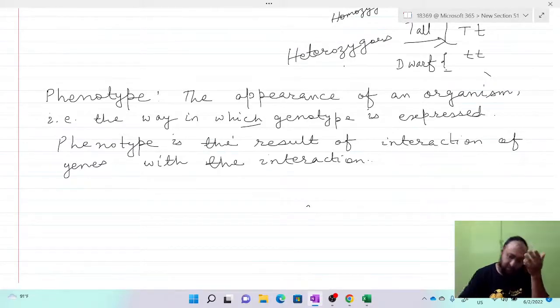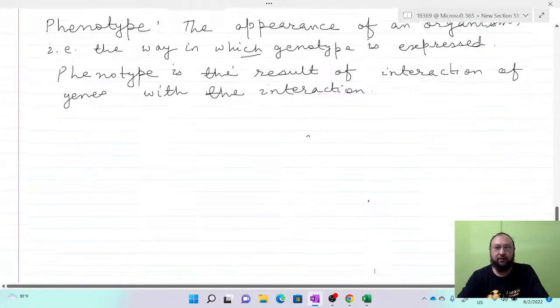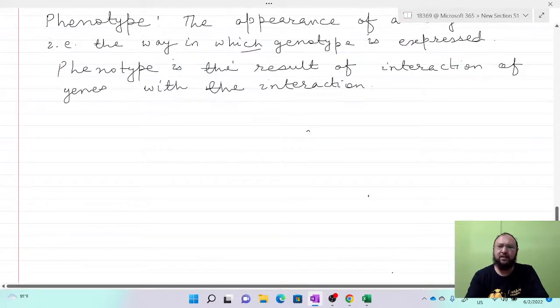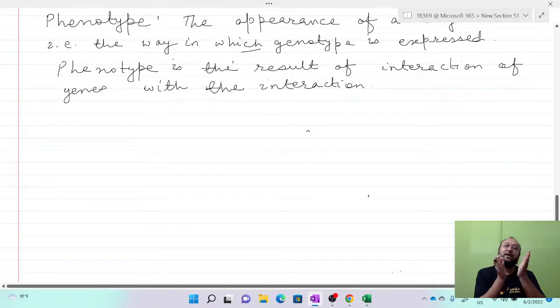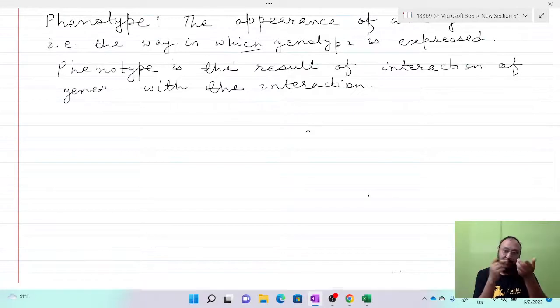And heterozygous and homozygous I have already told you, okay? The word has come from zygote. One gamete has come from the male and one has come from the female. Now, with fertilization, the zygote is formed. If both gametes are the same, capital A, capital A, it is homozygous. Homo means same. If one is capital and one is small, it is hetero, not similar. So that I told you.